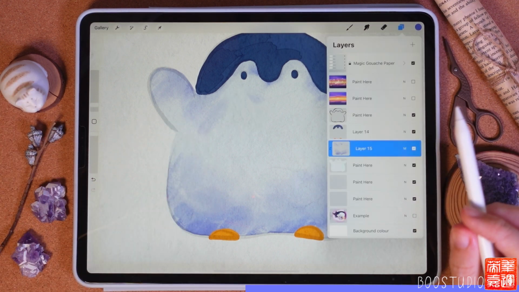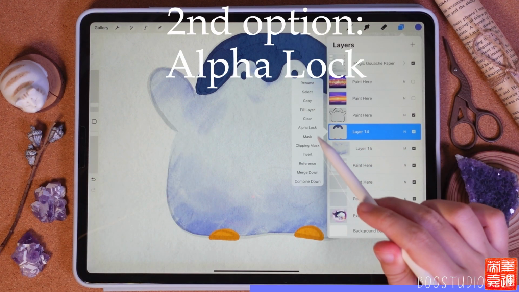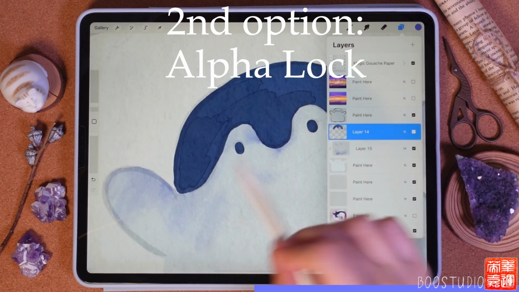Second option. Alpha lock. You paint right on the top